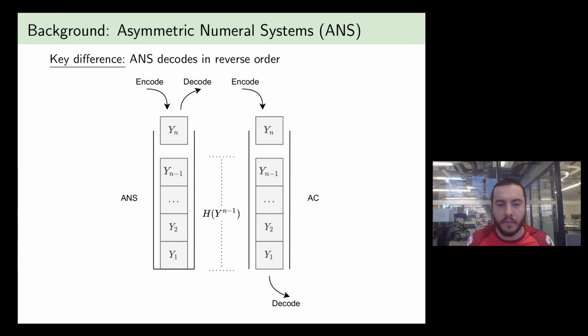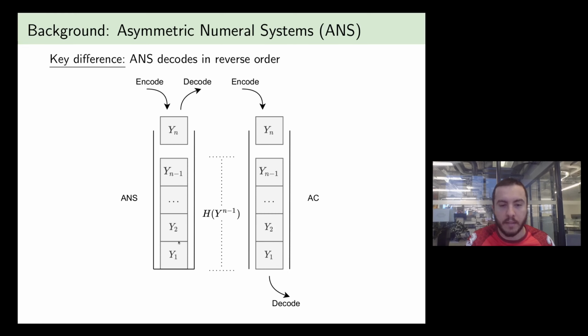On the left, we have a diagram for ANS, and on the right, we have a diagram for arithmetic coding. And these blocks here basically represent the bits that have been encoded or are being decoded into the state. So for ANS, it would be an integer, and for arithmetic coding, it would be a fractional number. You'll notice here that, for example, the first symbol you encoded in arithmetic coding, y1, will be the first one to be decoded.